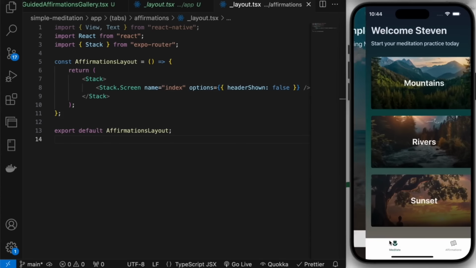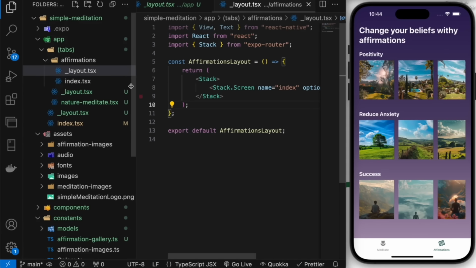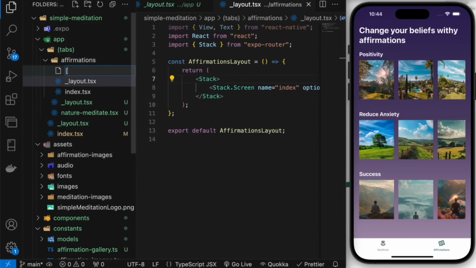So we click get started. And now we see the icon displaying properly again. So we needed to create a new layout file within the affirmations directory. We also want to specify a dynamic route in this affirmations directory. So we can name that with square brackets and then item